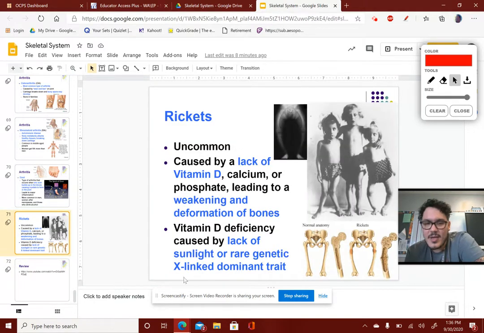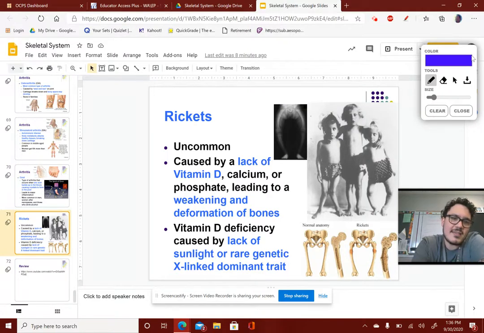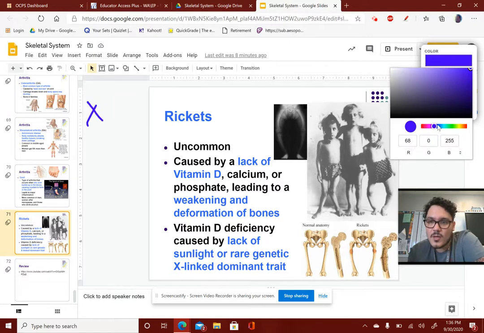Oh, last thing, is that sometimes rickets can also be due to a vitamin D deficiency caused by a rare genetic linked disorder. It has to do with sex chromosomes, right? If the woman, I guess I can use some colors here, if the woman has the gene for rickets, and we'll say that it's this bluish color, but she's healthy. So we know that she's healthy. So that means she has two X chromosomes, right? One of the X's is healthy, and that purplish color is going to be the rickets or the vitamin D deficiency gene. That means she is phenotypically healthy.